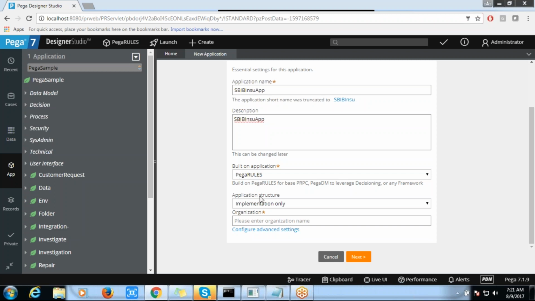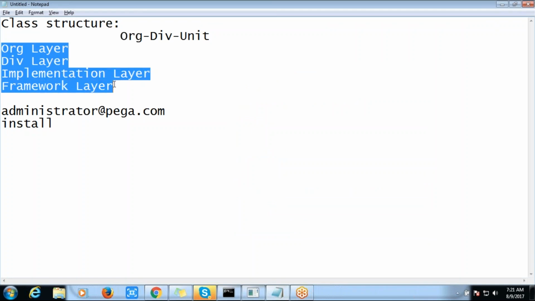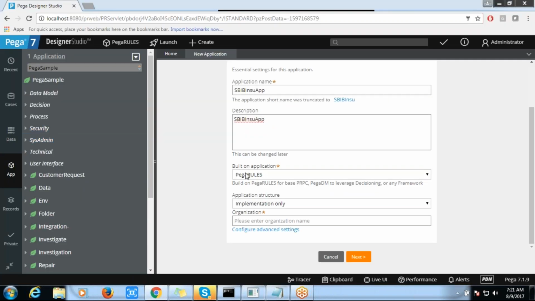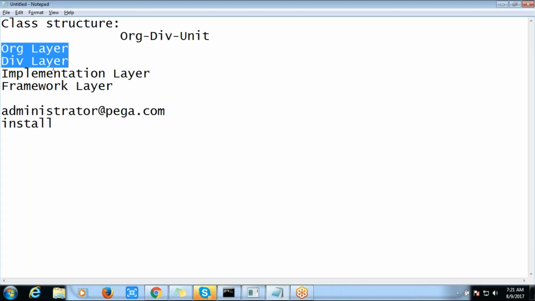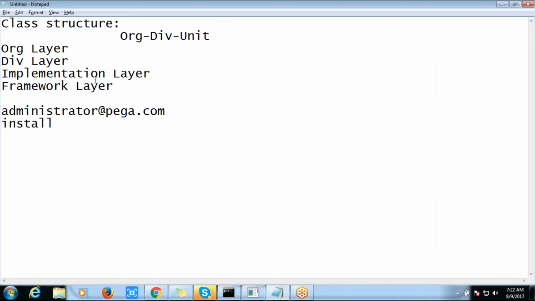And the architecture, that is the application structure. We said we have the application architecture which is like this. So here, the organization and division we are going to provide. As long as you provide the organization name, PRPC is going to create the organization layer. As long as you provide the application, it is going to create a division layer.